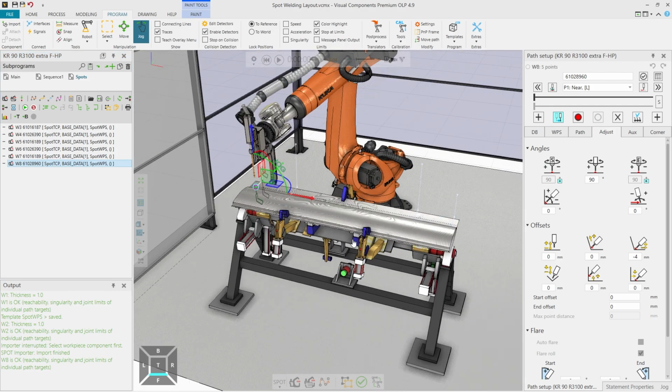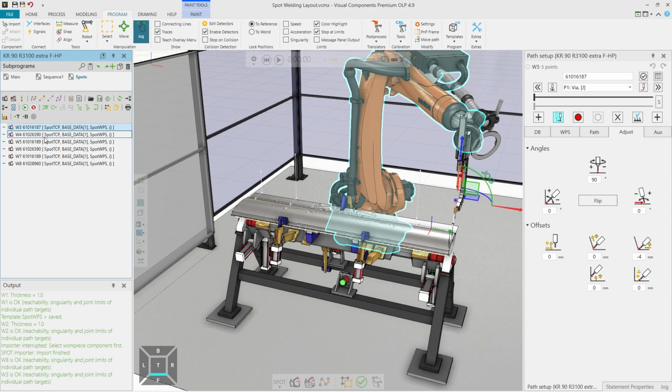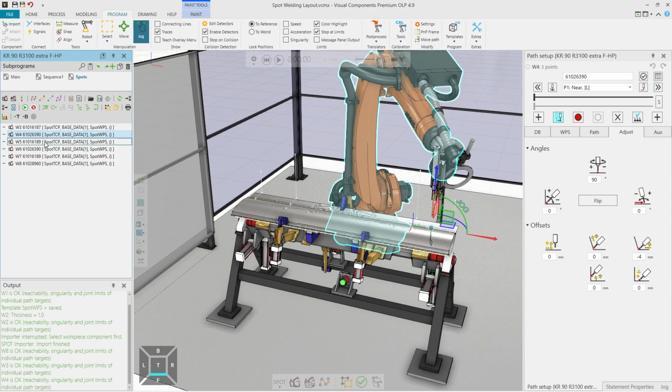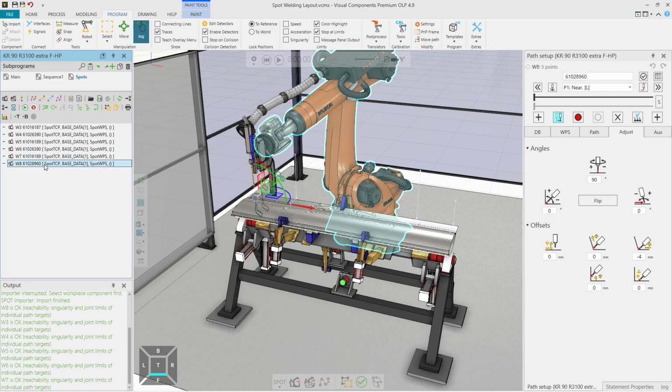Now you can see a list of imported spot welds. They have a custom naming and they have a custom order, and all of these settings you can manually define in the CSV file. If you have a way of automatically creating these files, you can include all the data fields that are mentioned inside the CSV and the Excel sheet provided together with this tutorial.